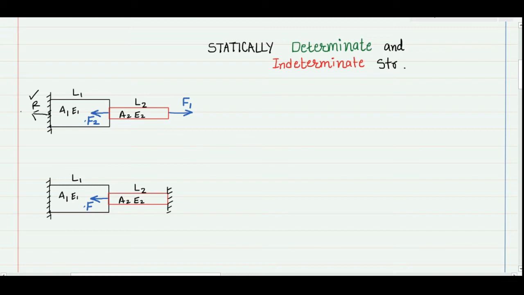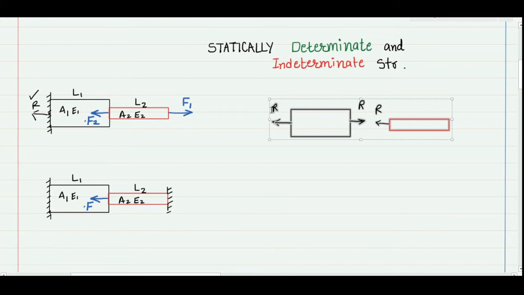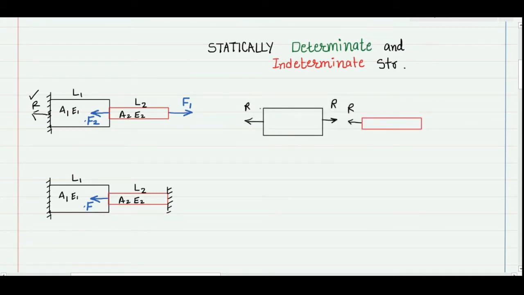How can I do so? For that, first I have to make the free body diagram of this system. So let's start with the free body diagram. This is the larger section and let's consider that the left side is subjected to a force R. I can consider the equal and opposite force on the other side. This R is actually an action reaction because of the next member. So I have to apply one R force here, and in addition to this R, I can apply this F2.